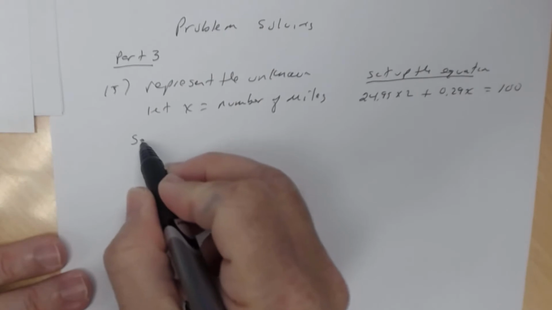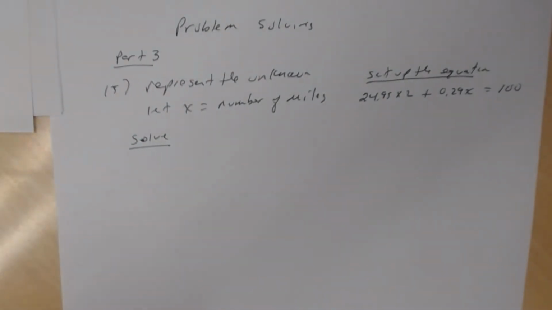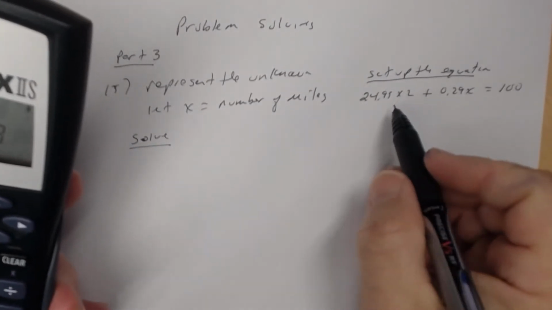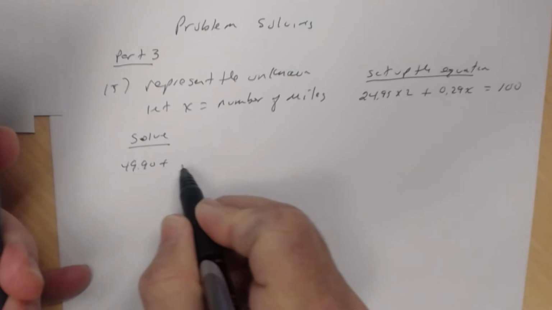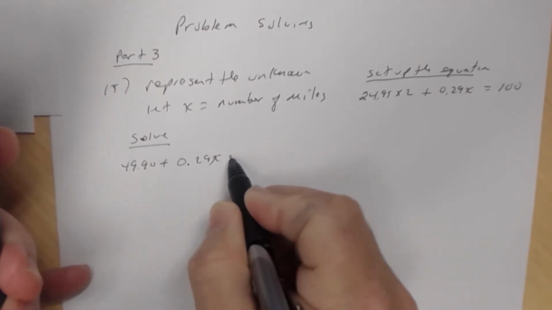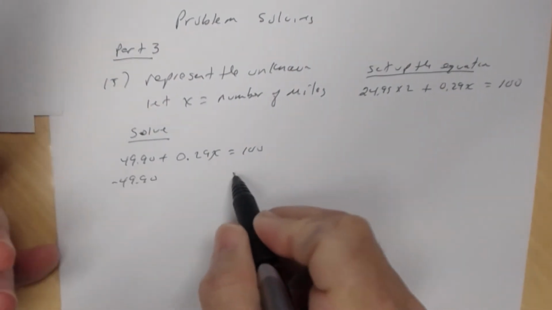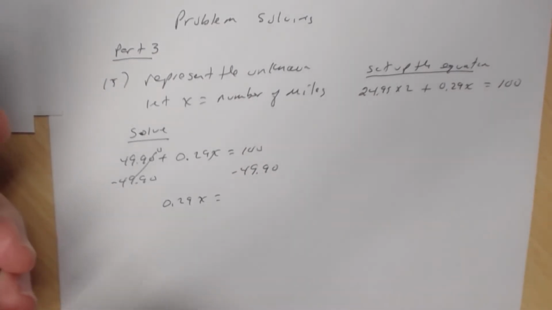Now we're going to solve the equation. Let me find the calculator. 24.95 times 2 is $49.90, and then 0.29x equals 100. Subtracting 49.90 from both sides and combining like terms, I get 0.29x equals